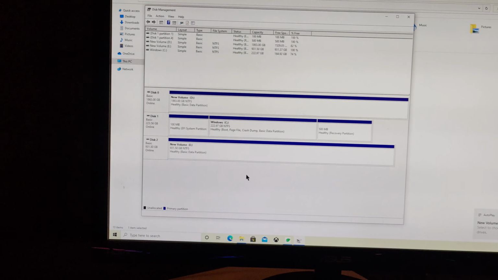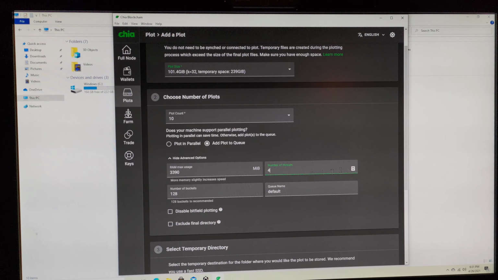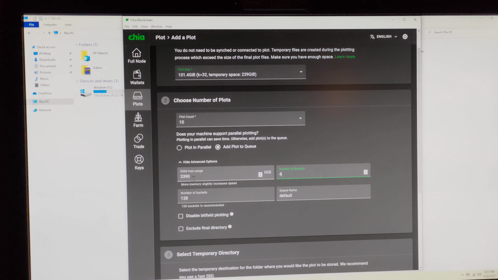So I'm not sure how many I'm going to be able to plot in parallel in this one. But the way you're going to want to do it is that you click how many ever number, let's say 10 of them, and you're going to want to add plot to queue. And then you go to advanced options, keep this plot size as a K32, and then you're going to come over here, change the number of threads if you like. I'm going to put it at 4, and I'm going to leave RAM usage to